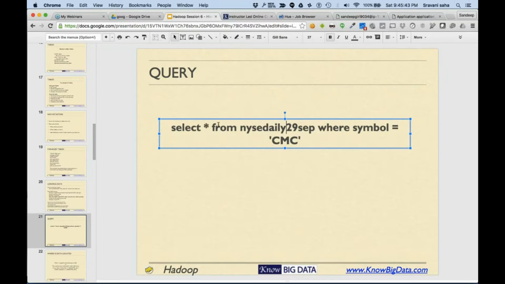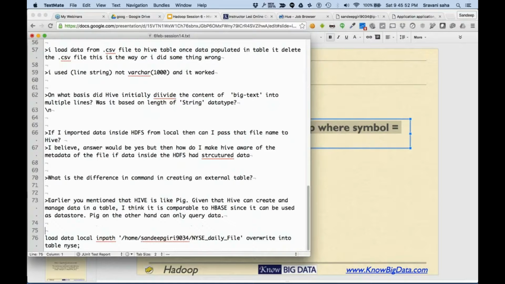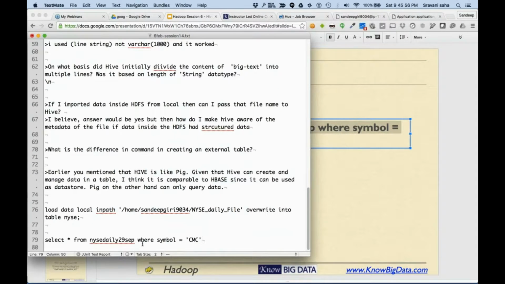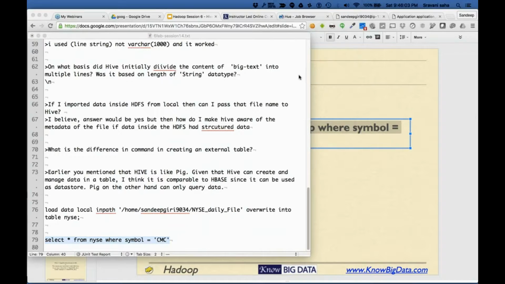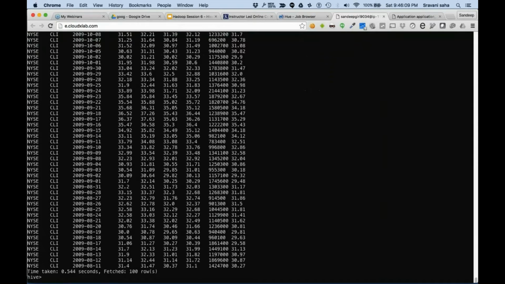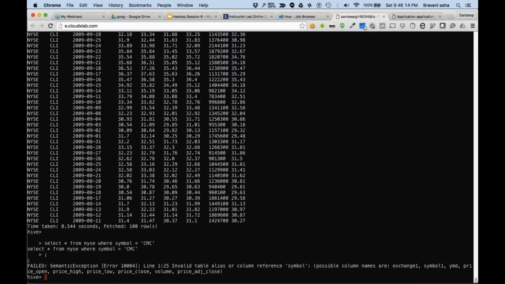All right. Now we can query NYSE and say things like symbol equals CMC. So we could say select star from NYSE where symbol equals CMC.